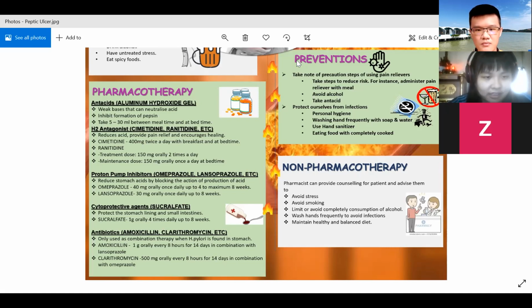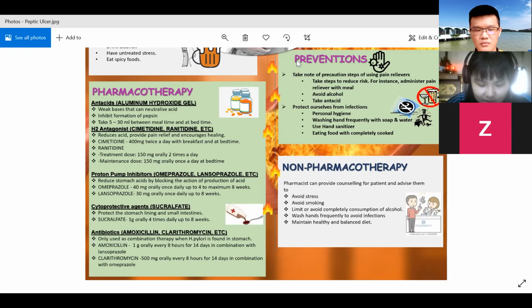Okay, third class is omeprazole, lansoprazole. These two are the examples under this class. They reduce stomach acid by blocking the action of acid production. The basis for the mechanism of action, let me explain in detail. It's a coated prodrug that remains inactive until it reaches the alkaline environment of the duodenum, and then it will be